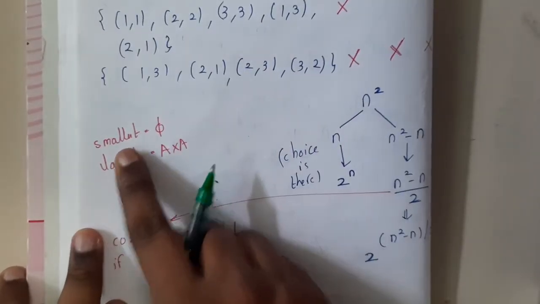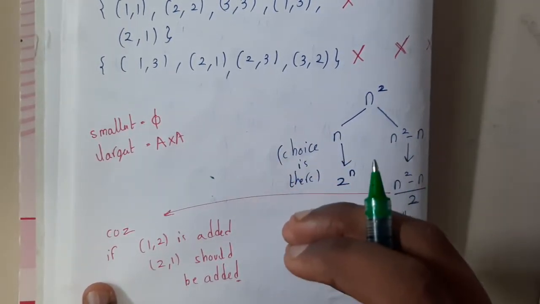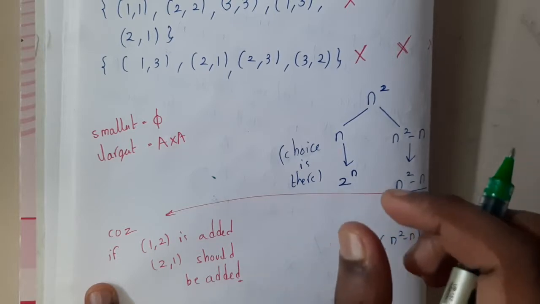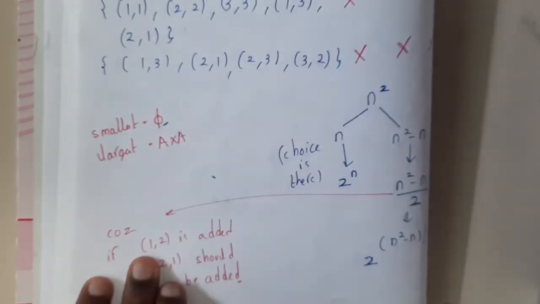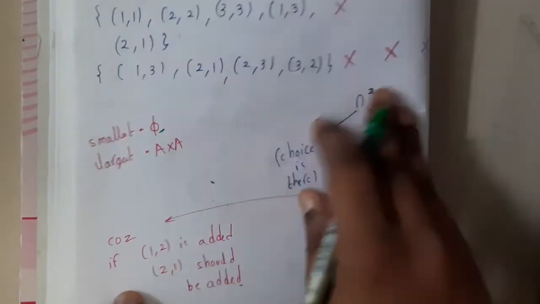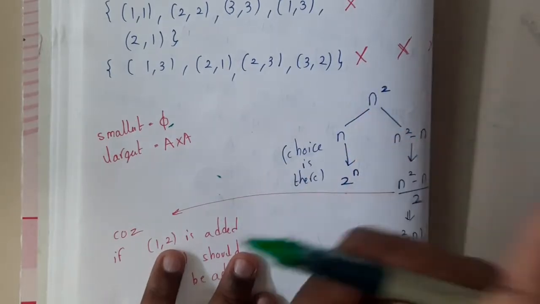What is the smallest set possible? If someone is there, the other should be there. But if no one is there, nothing is there. That is the reason why phi will be the smallest symmetric relation. When it comes to the largest, A cross A will be the largest because everyone is available. Now let us try to derive the formula for our particular thing, as we are doing every time. Let us start.